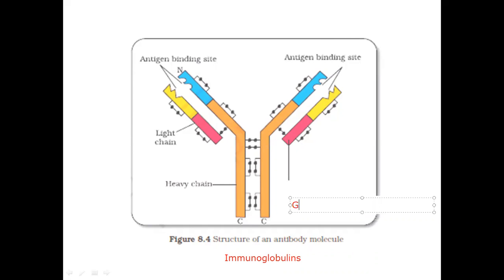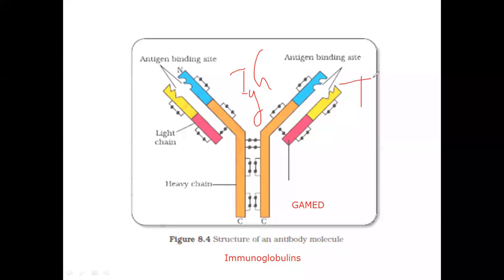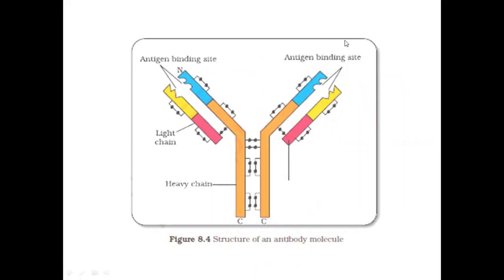एंटीबॉडी इम्यूनोग्लोबुलिन A, G, A, M, E, D, GAMED, इस निमोनिक को याद रखो। इम्यूनोग्लोबुलिन G, इम्यूनोग्लोबुलिन A, इम्यूनोग्लोबुलिन M और इम्यूनोग्लोबुलिन E, D, ठीक है। तो इसे लिखा जाता है IgG, IgA, IgM, IgE और IgD, ऐसे इसे लिखा जाता है। आपको इसे लिखना है, अगर आपको याद रखना ही होगा इसके बारे में।